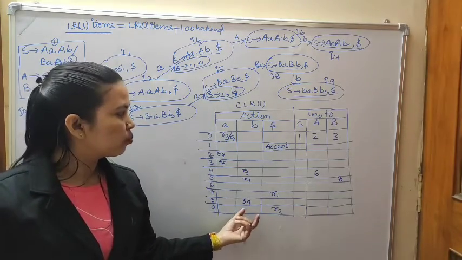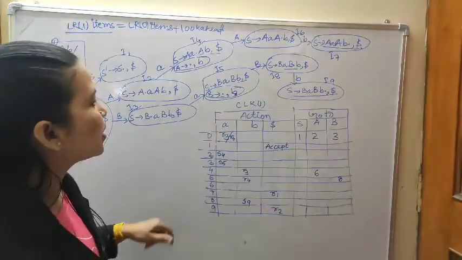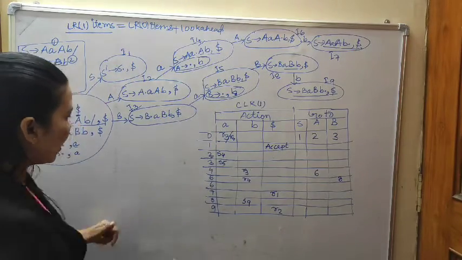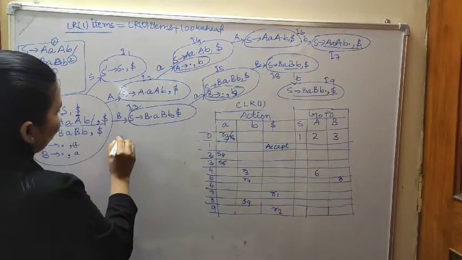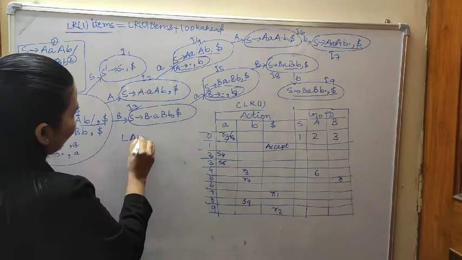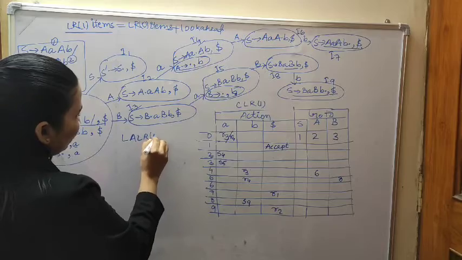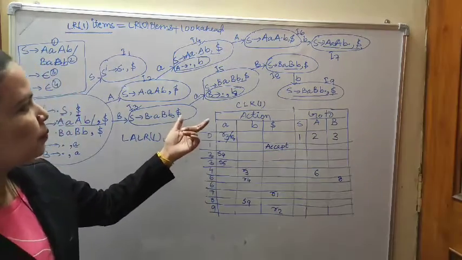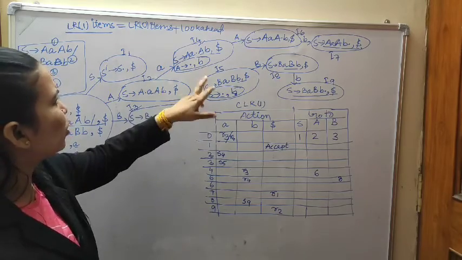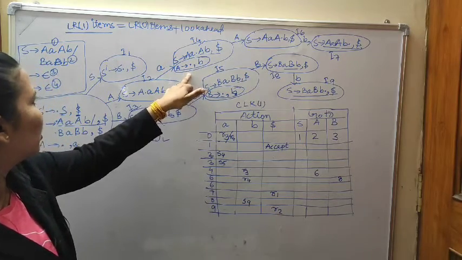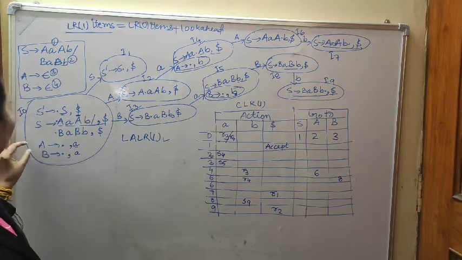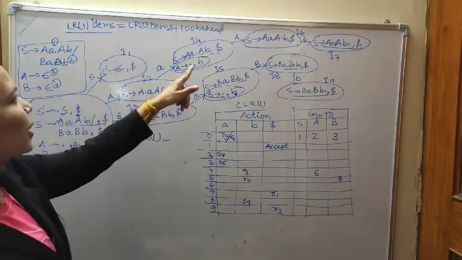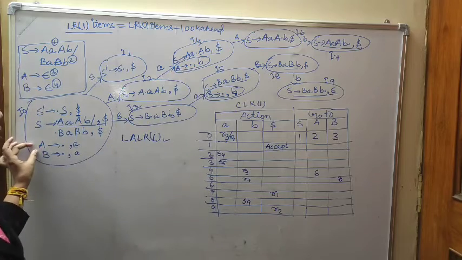It is the error free parser. And this is the CLR1, and if you check it in the CLR1 and from these production rules, if you make the LALR1 parser also, it should be the same, because here I can merge these two, since one look ahead is A and the other look ahead is B, but the production rule is the same.